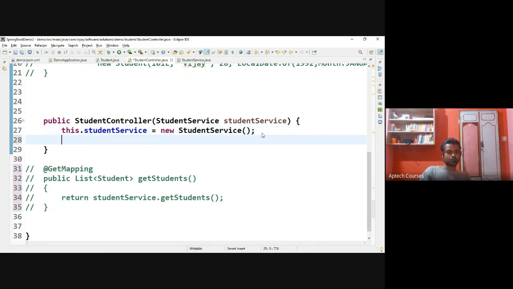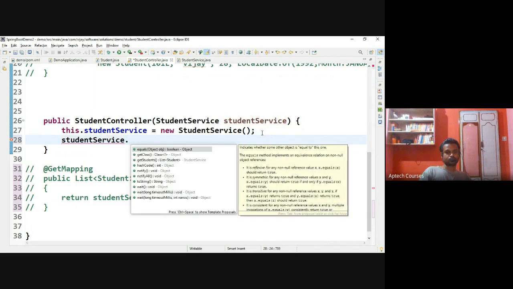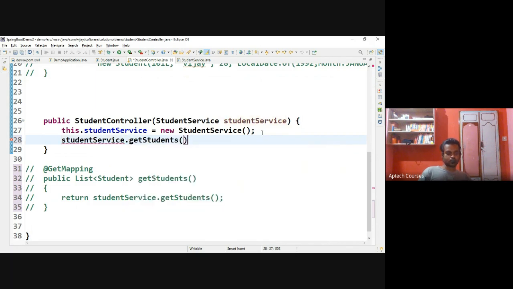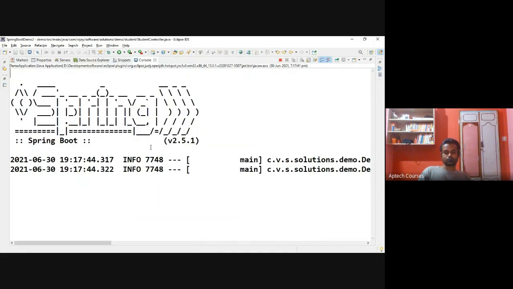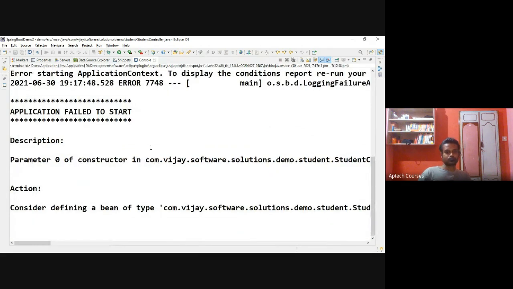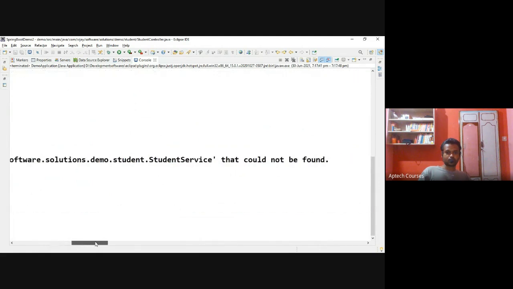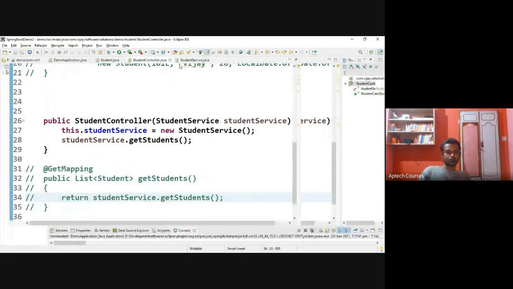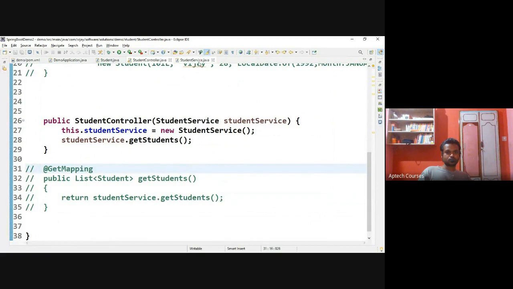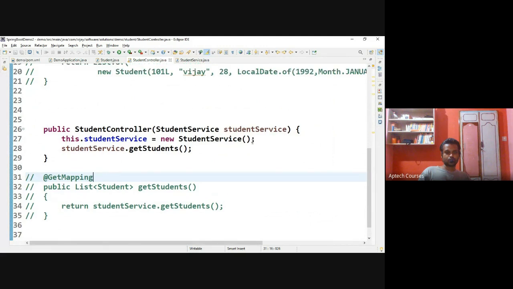What I'll do is, control. Okay, zero constructor, so it could not be found. Student controller, student service.